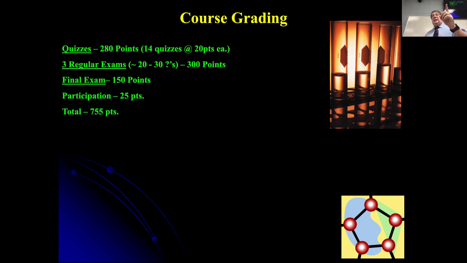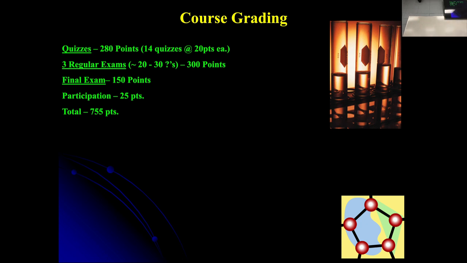The good news is, since it's cumulative, if you do better on the final exam than you have done on the entire course, I'll give you the better of the 2 grades. Having said that, don't count on it. Don't think, oh, I can fail the first exam or the second exam, I'll just do better on the final, okay? So if you complete the final and you get a B on the final and I add everything up for the course and it comes out to be a C, I'll give you the B, okay?